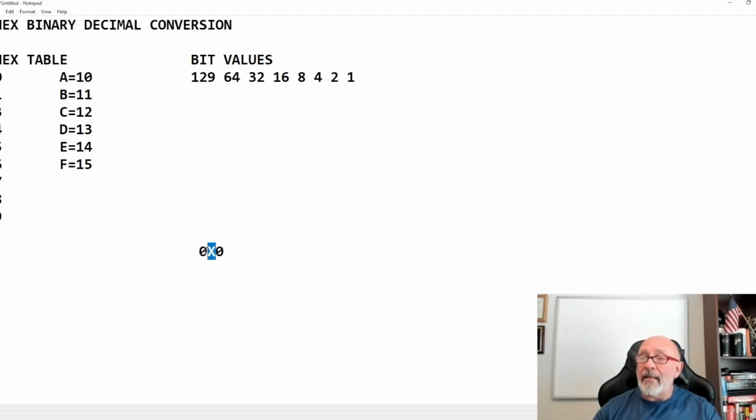That means that this is an identifier. And let's put this in lowercase, so it makes a little bit more sense. 0x and then 0. This is just an identifier to let you know that this is a 0. But that 0 means 1, 2, 3, 4. That's what that means.